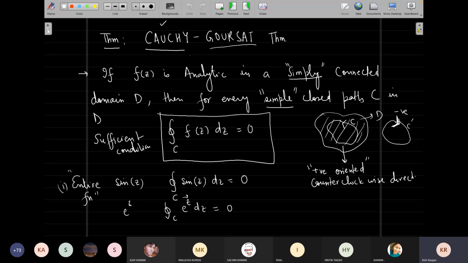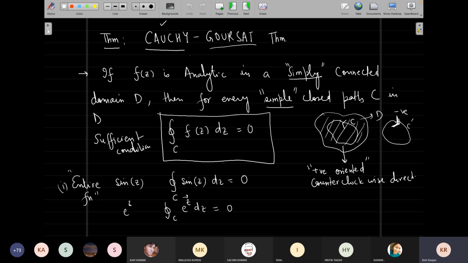The original Cauchy theorem said that f(z) is analytic; that was part of it. Another part was that Cauchy demanded that f prime of z be continuous also over the same path. That is, f(z) is analytic and f prime of z is continuous. What Goursat did was to say that it is no longer required that f prime of z be continuous. In fact, if the function is analytic, it is actually true that derivatives of any order will be continuous.